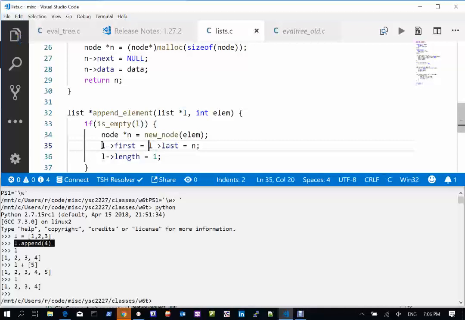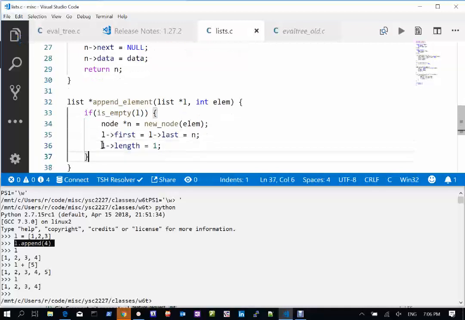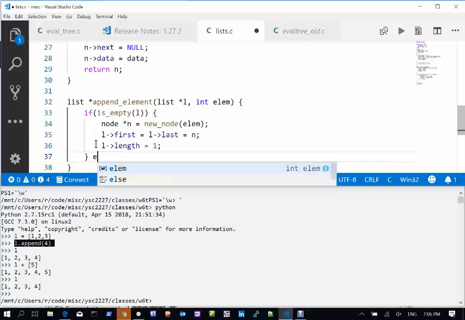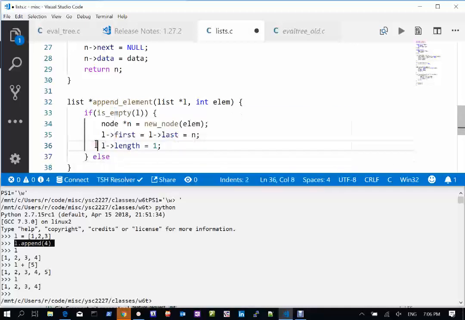There were people who were criticizing it as well, but in general I find it pretty clear and not very harmful. So I still use it. Else. So we're appending to the end of the array